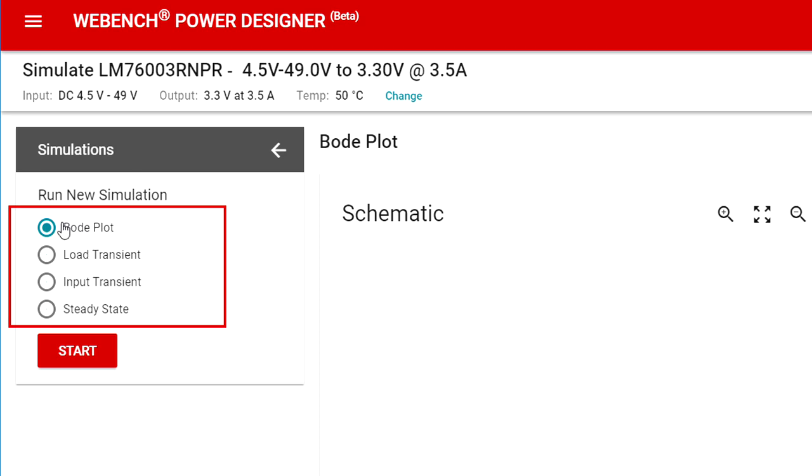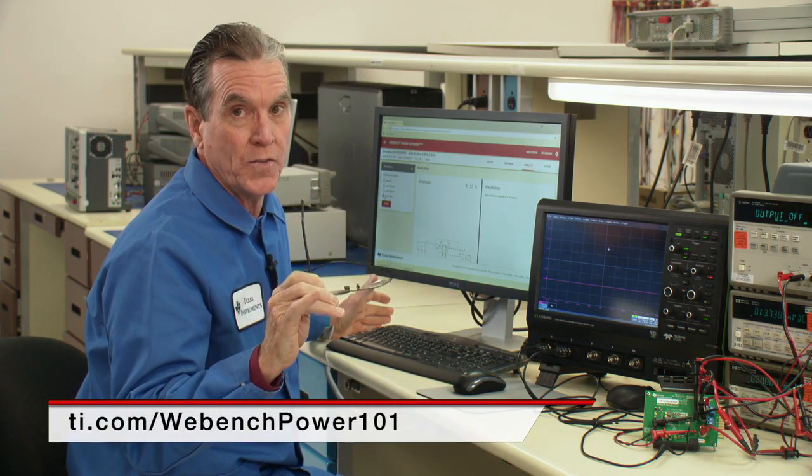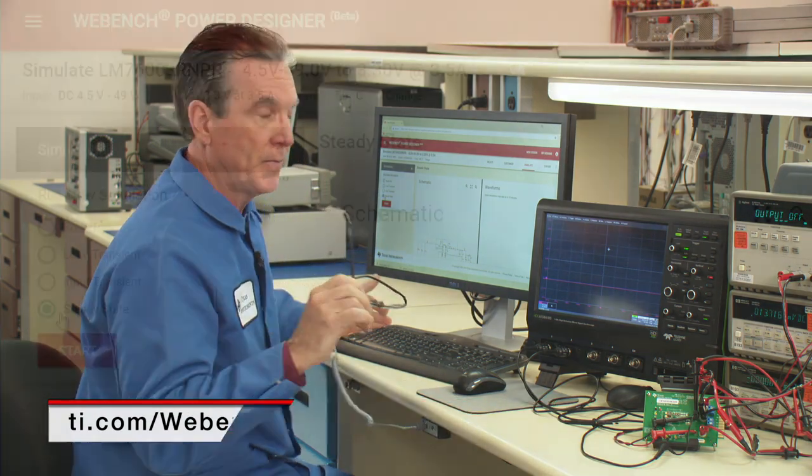We can run a full Bode plot to check stability. You can run load transient simulation, input simulation, or in this case, we're not going to have time to run all 4, so we'll run a steady state simulation. By the way, we have a full training video on this simulation tool that's available on the TI website.